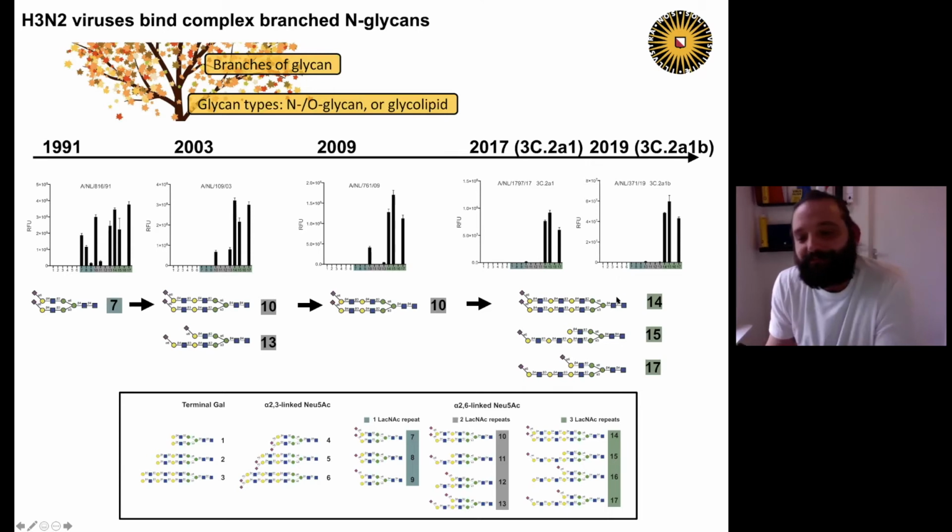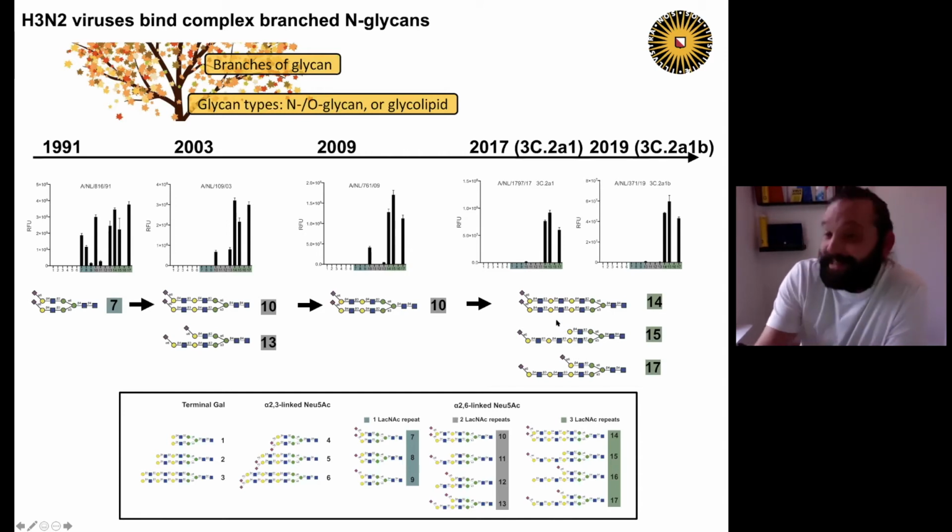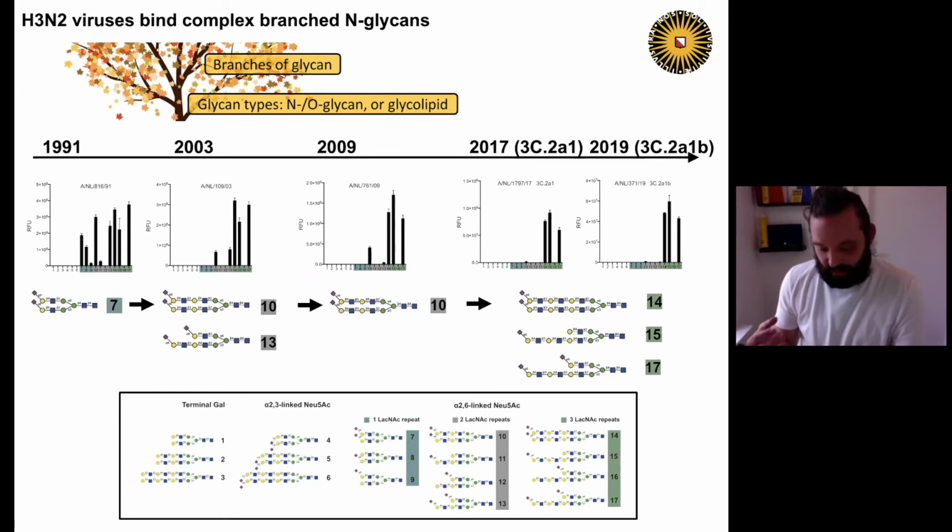What these N-glycans have in common is that they have a single arm with at least 3 LacNAc repeats. If we made these asymmetrical N-glycans, and we removed or didn't extend the other arm, we didn't see a big difference. So we thought, oh, maybe the bidentate binding is not true anymore if it's on a membrane.